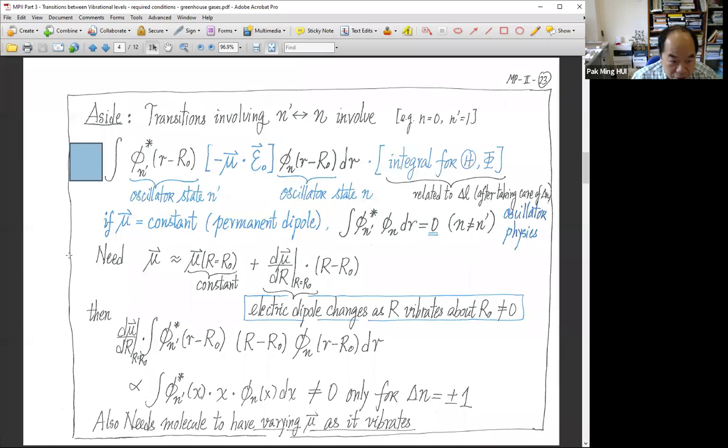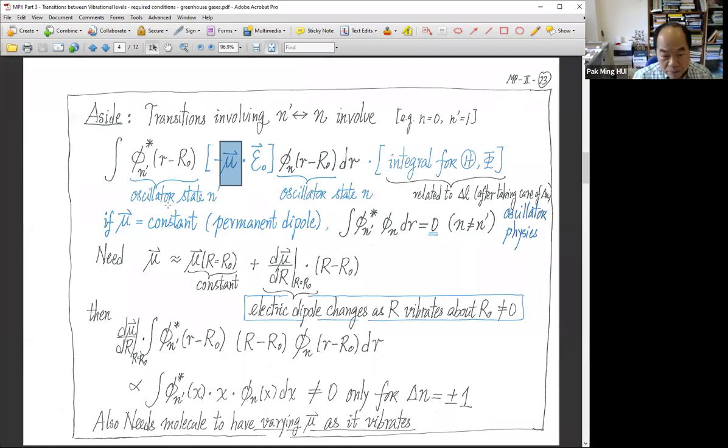And now you have this integration between two different oscillator states. But they are orthogonal, okay? So if you only have constant dipole moment, it is not going to work. It will not allow